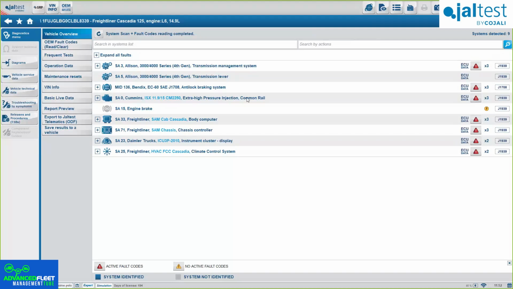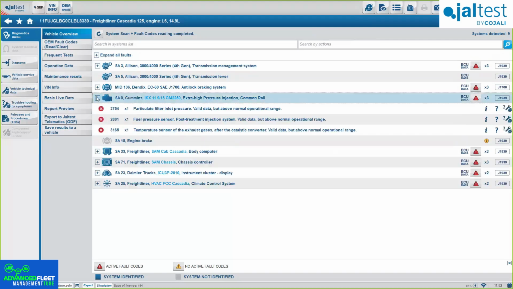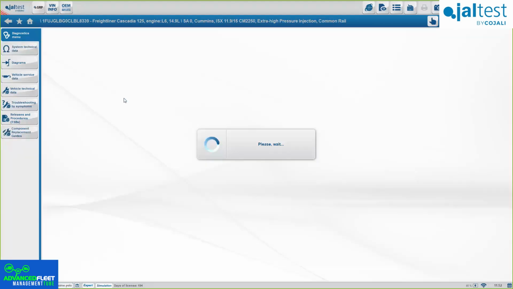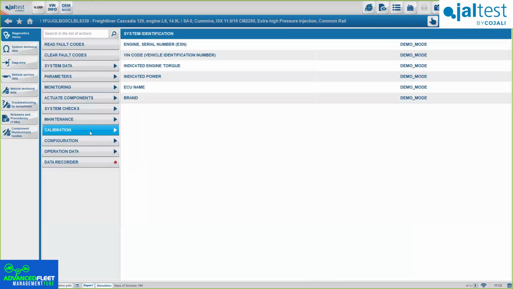Okay, they're asking how to perform turbo actuator calibration. In this case, as we've seen here, question from Mike. The calibration for the turbo actuator should be under calibration. Okay, if we go here, something I missed saying before is if you don't know exactly where the specific action is, you can always click here.